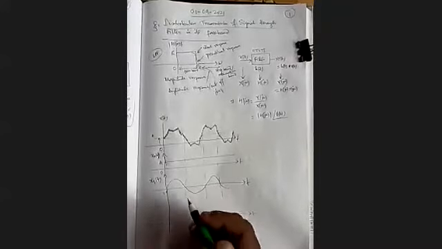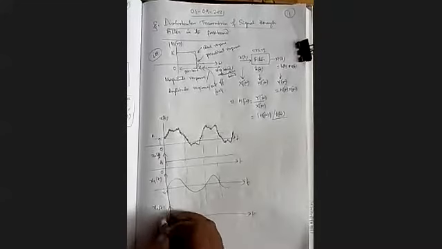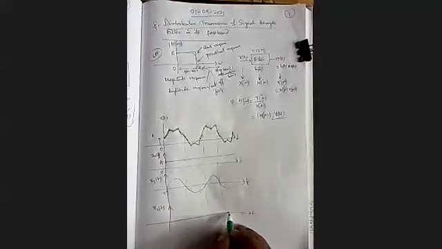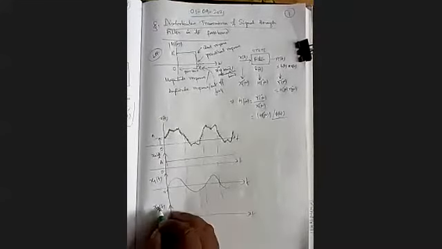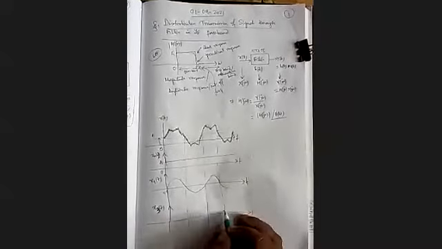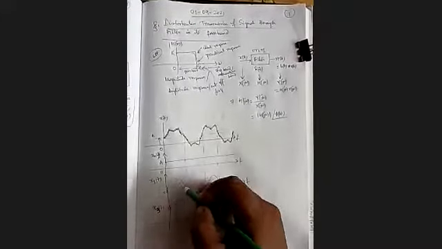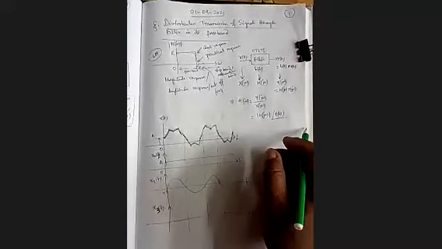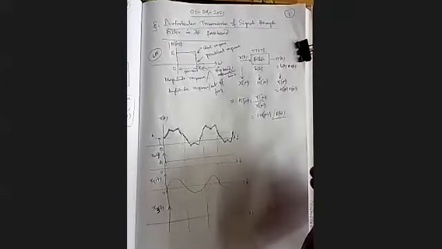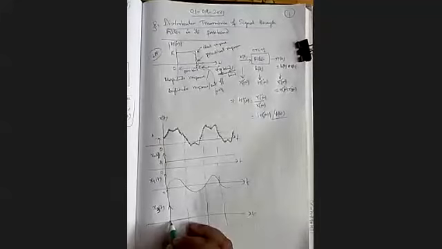No, there are signals where second harmonics may be present. So I am writing it as zero. Better, I plot the third harmonic. If we plot the third harmonic, you'll see that when the fundamental completes one half cycle, the third harmonic will complete 3 half cycles because its frequency is 3 times the fundamental. So we'll get 3 half cycles.